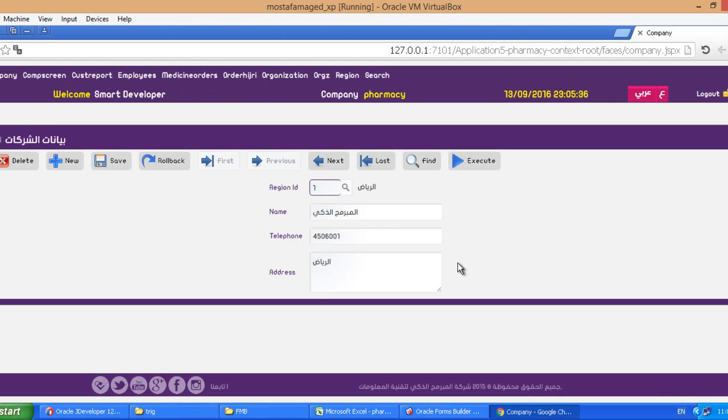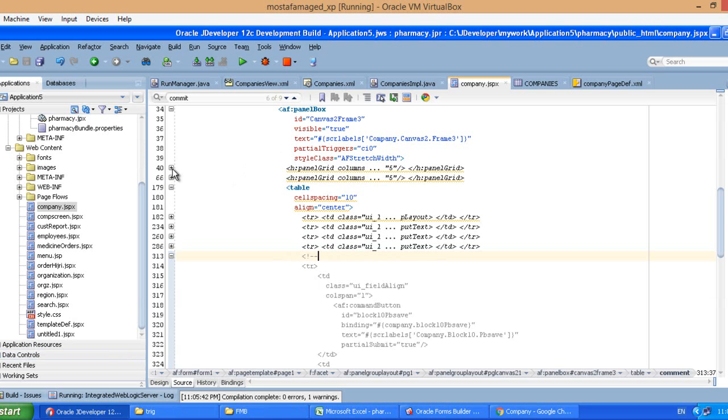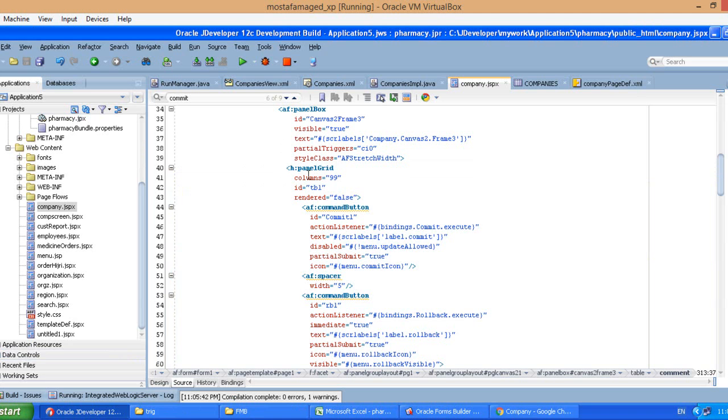Okay, now this looks okay now with this panel box. Okay, now everything looks good, but still I need to put this in the center, this whole toolbar. So instead